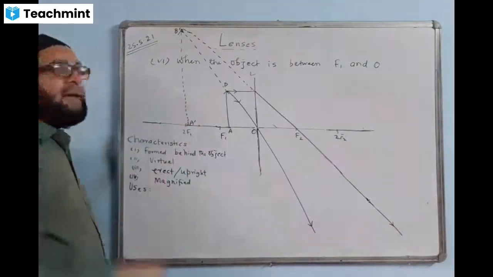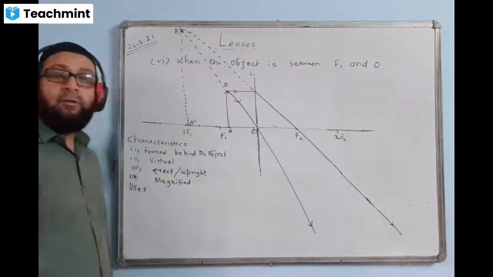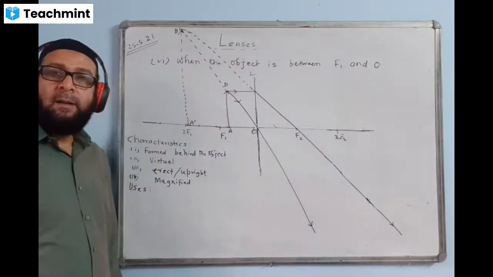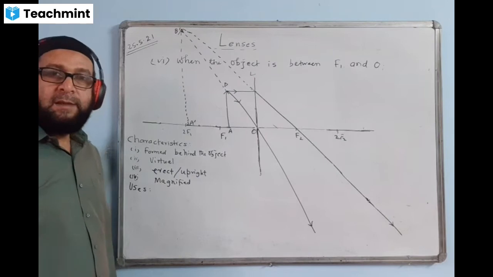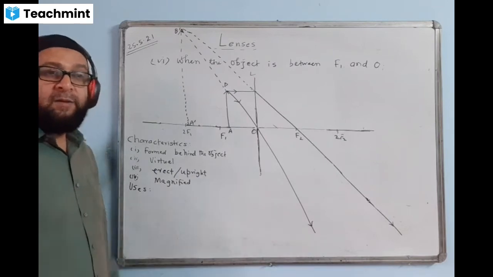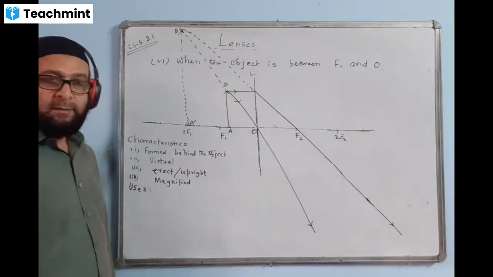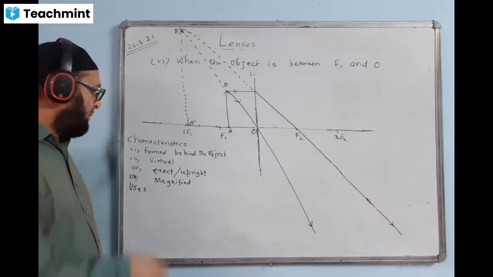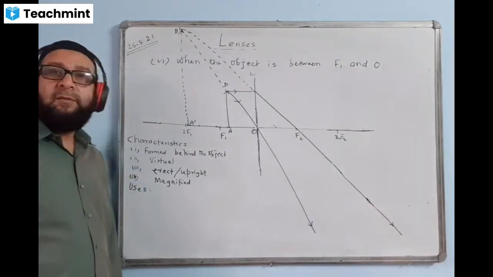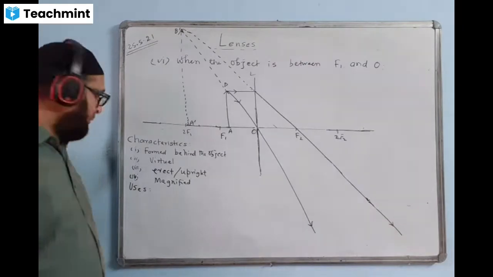It can be anywhere behind. I said just now, don't bother about 2F1 and all. Understand what I'm saying? You just mention behind the object. It can go anywhere as per the measurements you have taken, as per the range, height and all, anywhere behind the back of this object. So these are the characteristics. Magnified, we don't write highly magnified. We write magnified.